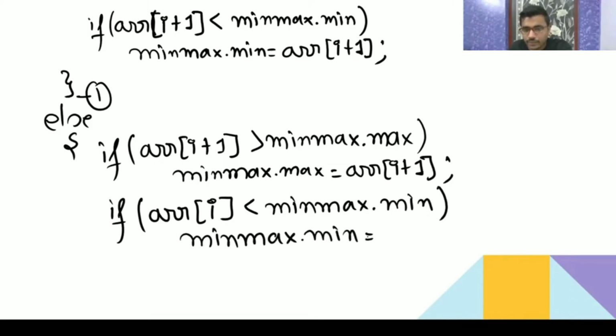Understood? So between every pair I am finding the maximum and minimum, and whatever is the maximum between the pair, I am comparing that maximum with our max. Okay, and if the maximum of the pair is greater than our maximum, then we will overwrite our actual maximum, meaning we are changing our maximum. Are you getting it? Is it clear?